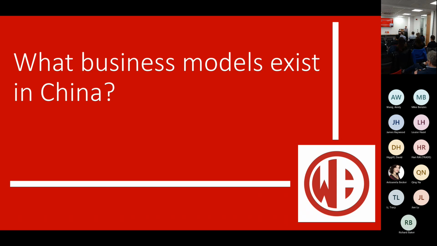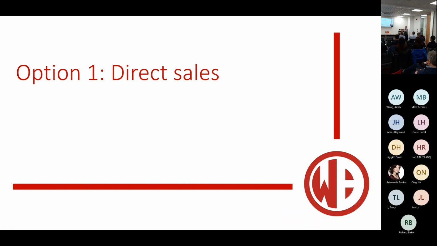So let's get on to what business models exist in China. And all of you that are coming today, I'm making the assumption now you're here because you're interested in setting up an entity. So you might be in one of these phases, right? In one of these existing business models. So option one is direct sales. And by direct sales, I mean you are in the UK, you are selling direct from the UK to China,